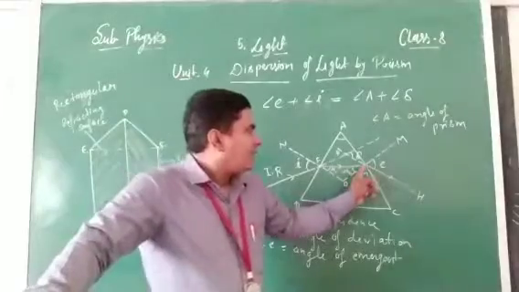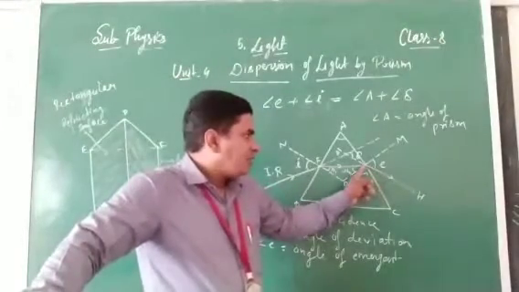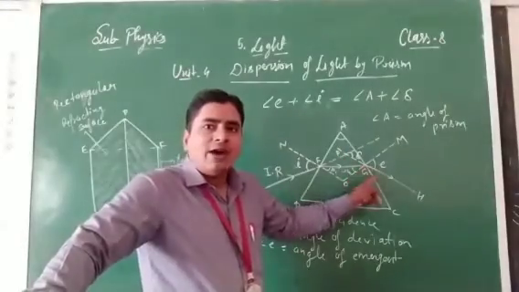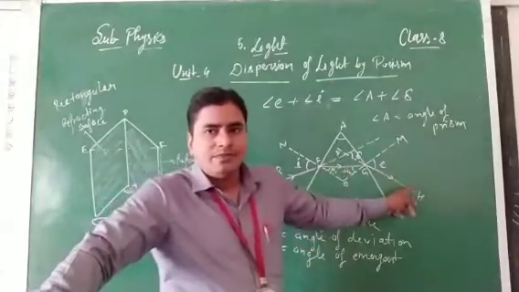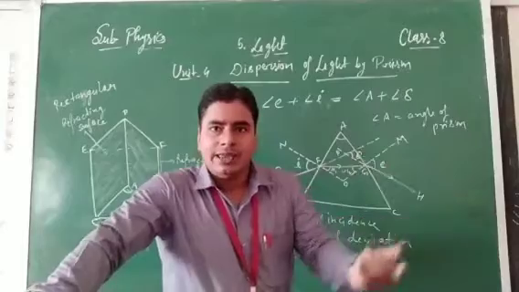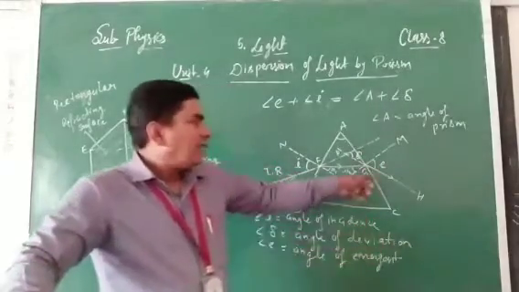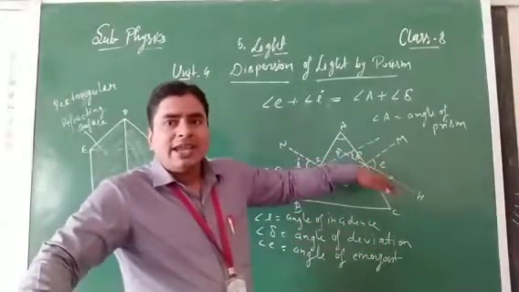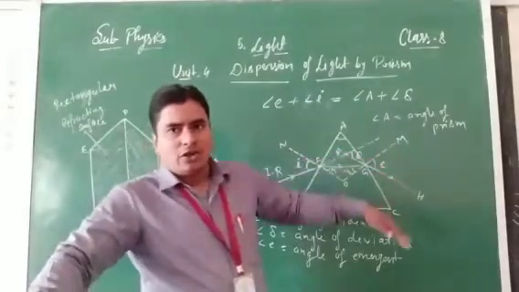Again, refraction takes place at point G. So here the light ray is emerging from the denser to the rarer medium. यहाँ पे लाइट रे क्या हो रही है? ग्लास ट्यूब से बाहर आ रही है, मीन्स एयर मीडियम में आ रही है. So what will happen? Here the light ray will go away from the normal.